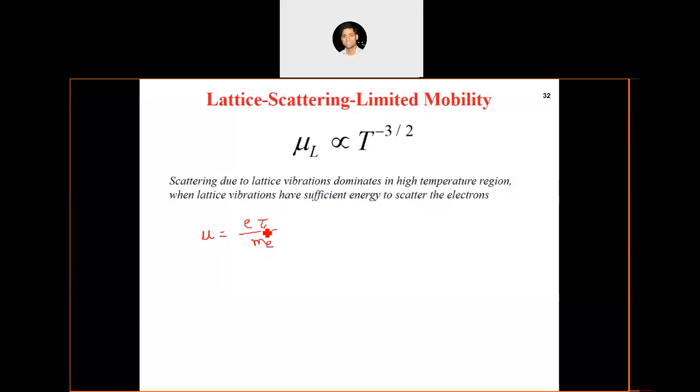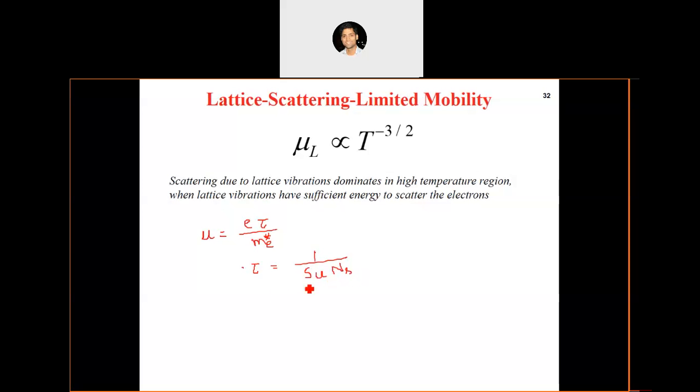E tau by m, you know. So if we want electronic charge as well as effective mass, they don't depend on the temperature, only tau depends on the temperature. And if you remember, when we were discussing Matthiessen's rule, actually when we were discussing lattice scattering limited resistivity, we came up with this